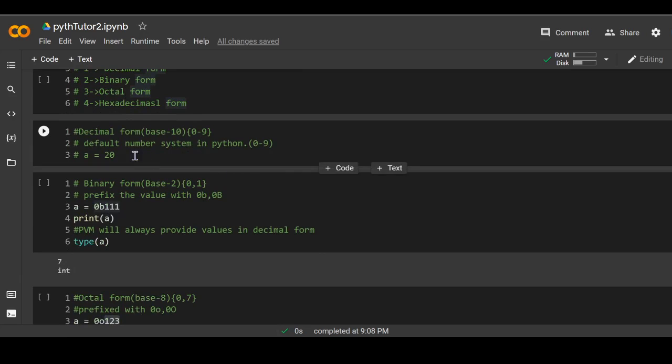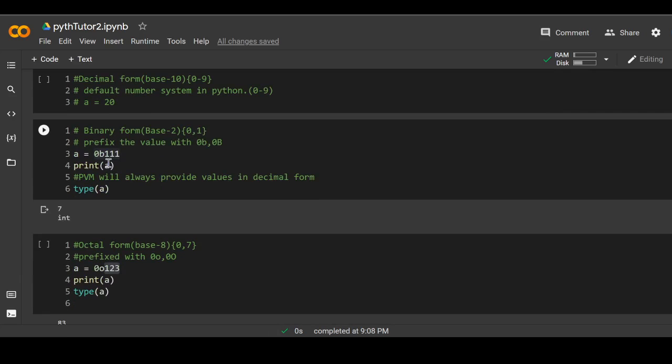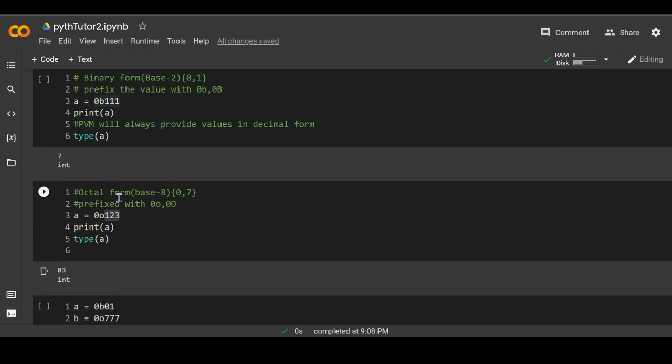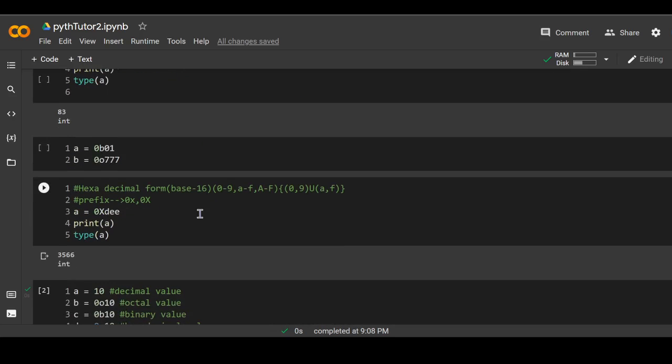Decimal form is base 10. For binary we prefix the value with 0b, b could be small or capital. Similarly, for octal, 0o, o capital or small. Similarly, for hexadecimal, 0x, x can be small or capital.